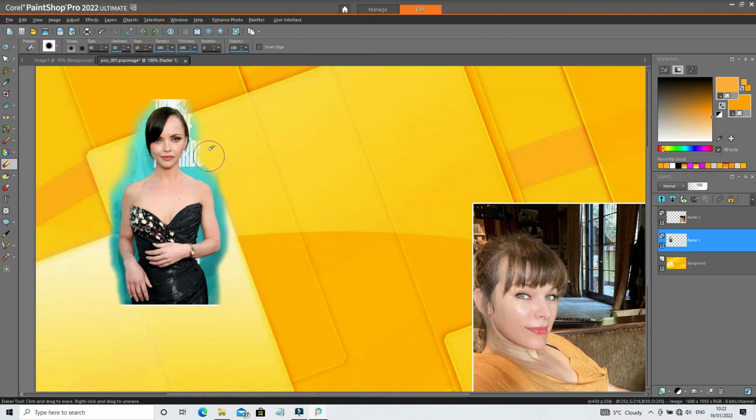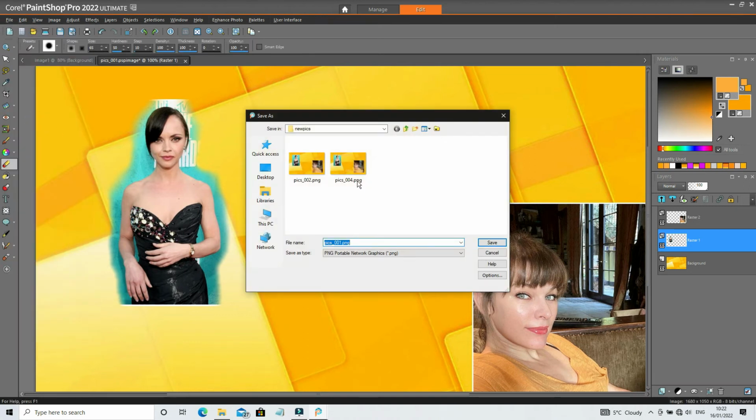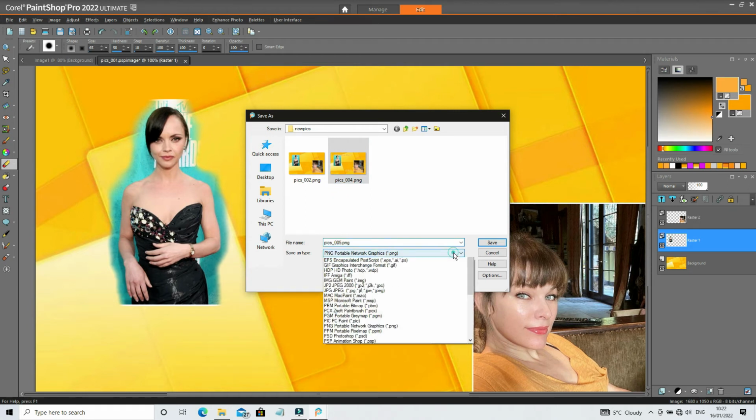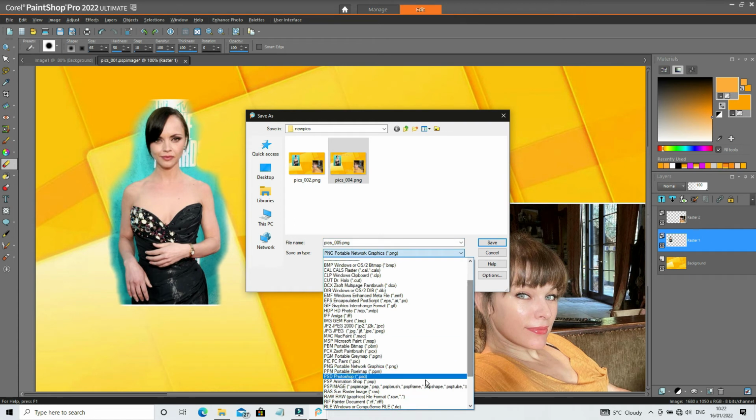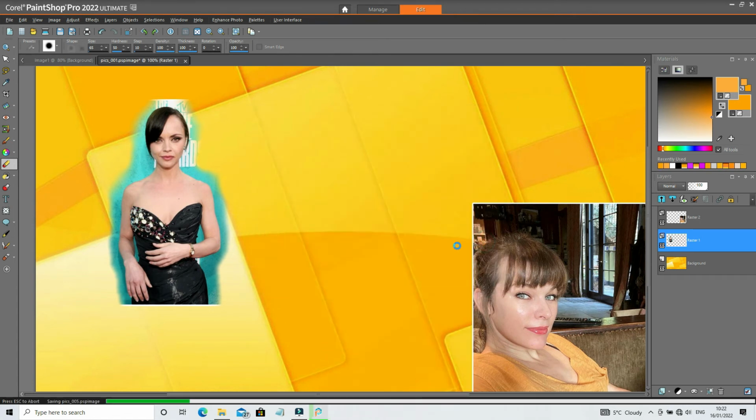It's a good idea to save your work often, so I'll just do this bit and then File, Save As. I'm going to do it as 5 and then Paint Shop Pro PSP. Save it. Let's save it as it is. To get a better